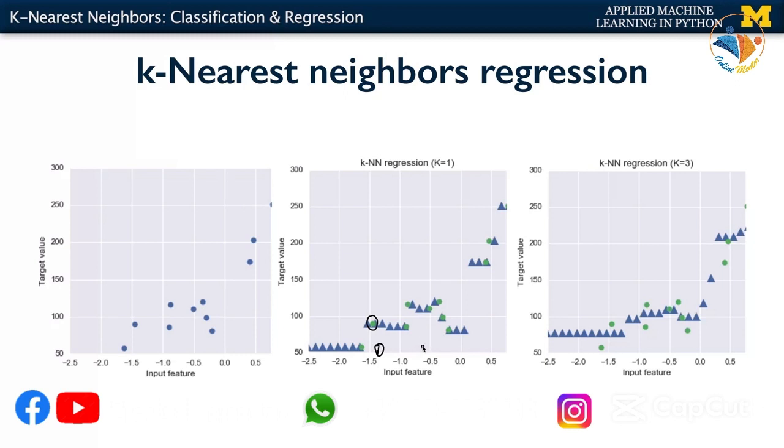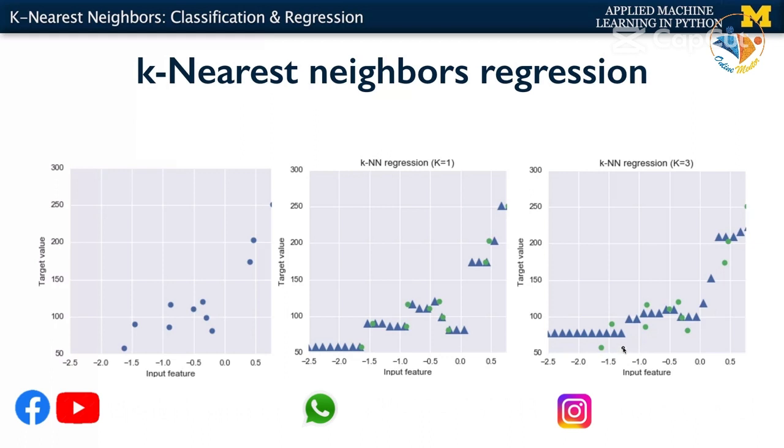Similarly, if this were the query point here, then the nearest neighbor in the training set would be this point here. And so the output prediction for this particular x value will be the target value of the nearest neighbor, or this value that's just above 100. And so if we do that for all these different x values, we'll get these different predictions using the one nearest neighbor approach. Similarly, if we look at the k equals 3 case, where we look at 3 nearest neighbors,